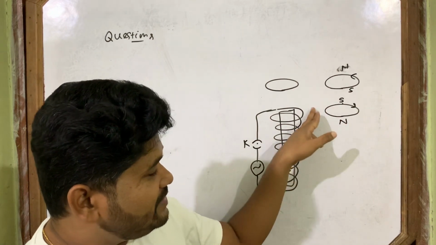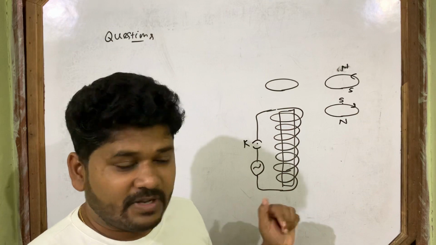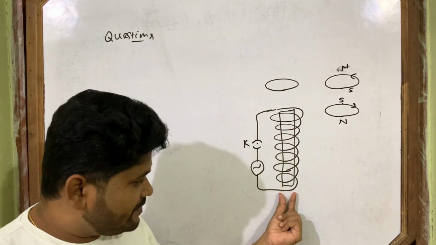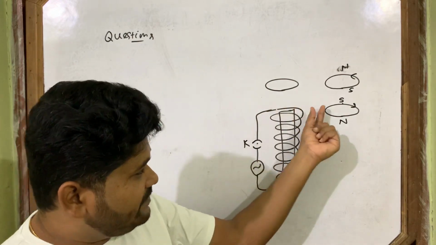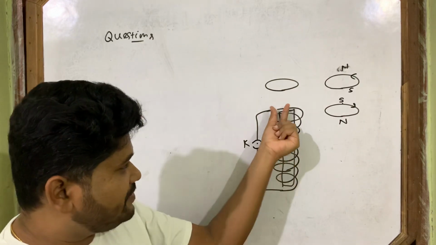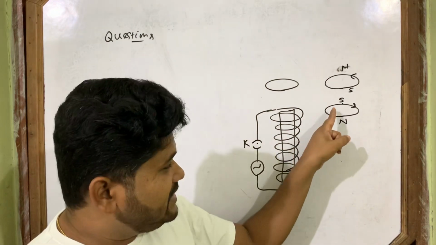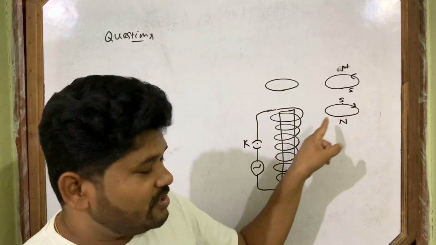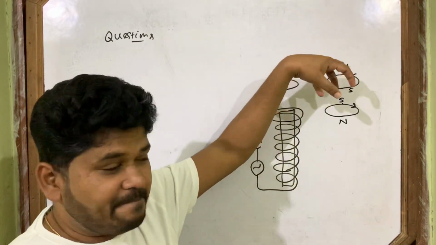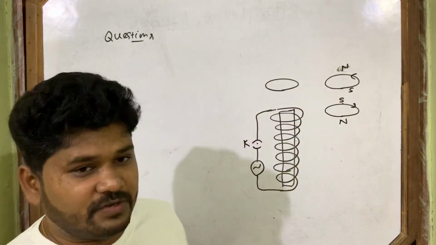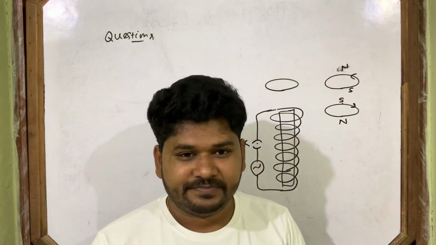Here the current suppose is passing like this, such that the upper part is south pole and the lower part is north pole. The ring's lower part will be north pole, the ring's upper part will be south pole. The current passes in such a direction, that for the whole coil, the upper part is south and lower part is north. The current will pass clockwise from the upper side and here anti-clockwise from the upper side. So the upper part will be north pole and the lower part will be south pole. So south to south repel each other, hence the ring suddenly jumps.